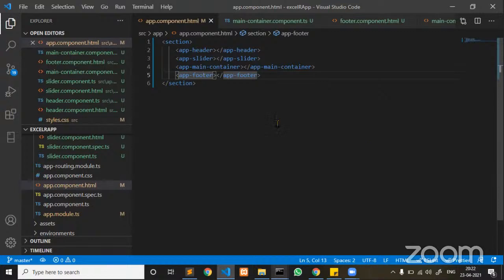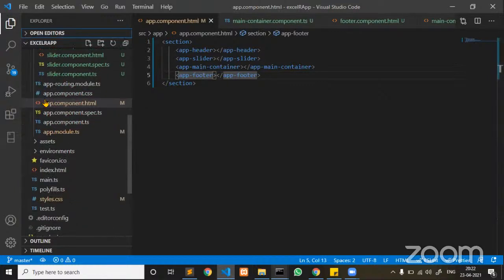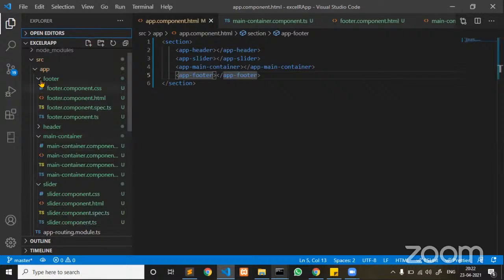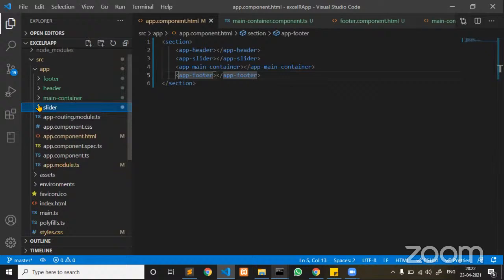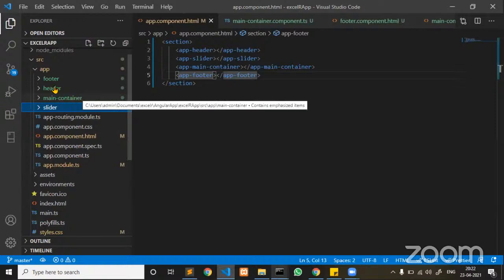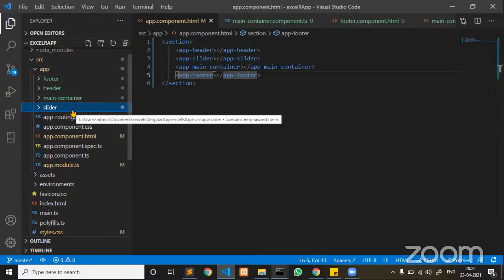Next, this is what we have decomposed. Now, if you go back to your src folder, earlier only one component was there, that is the root component, which is called the app component. Next, I created the footer component, header component, and main component. Now, all these components, since I have created them,